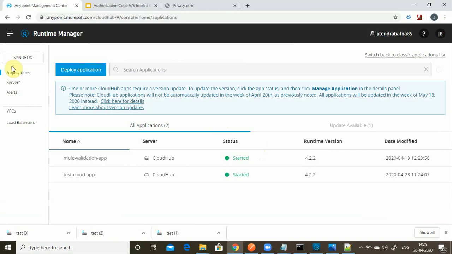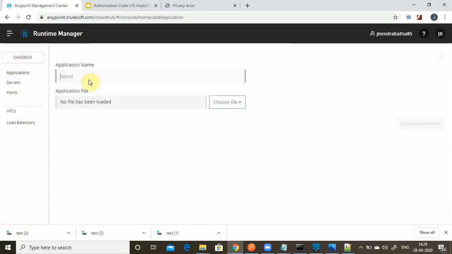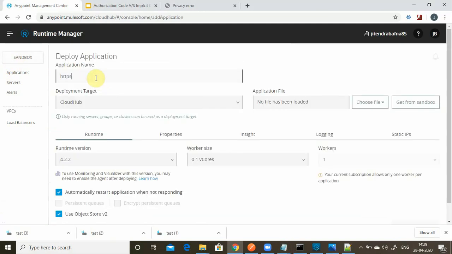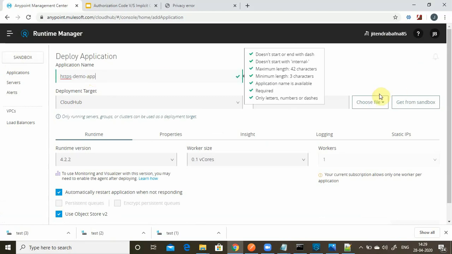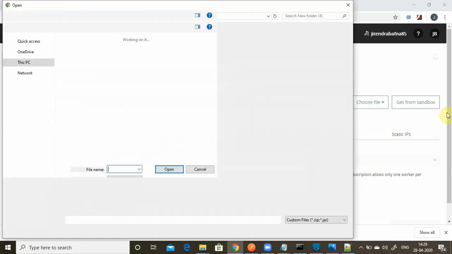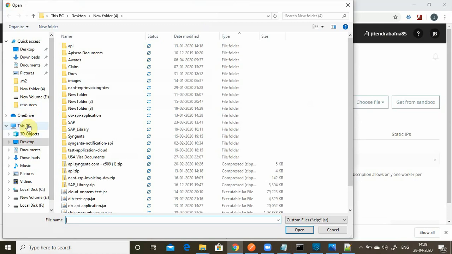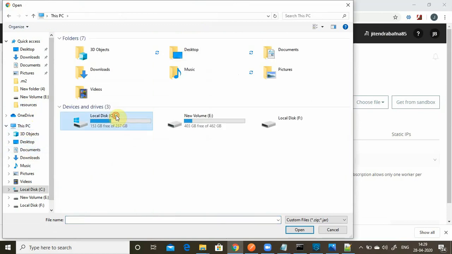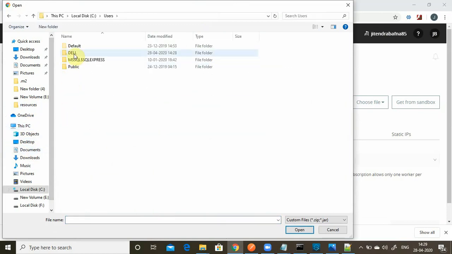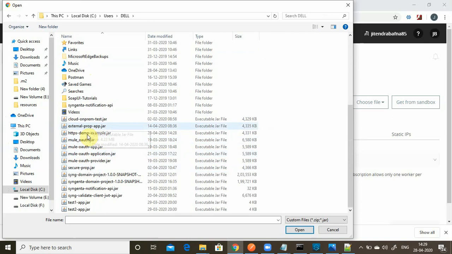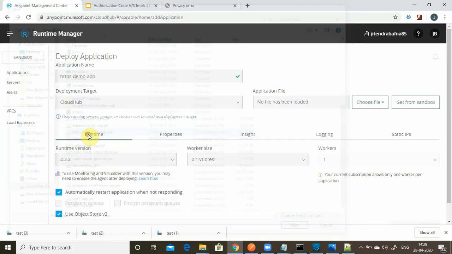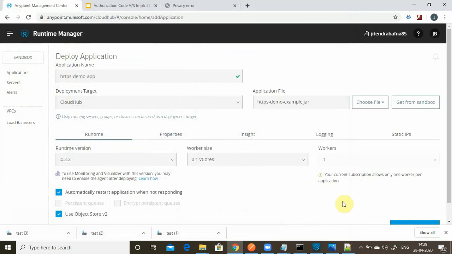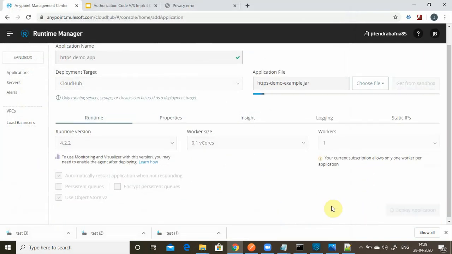I will say deploy application, https demo app, CloudHub, select the file. My file is in the C drive, Users, Dell. Let me find it: https demo example.jar. Yes, and I will say deploy application. I will pause the video till the application gets deployed.